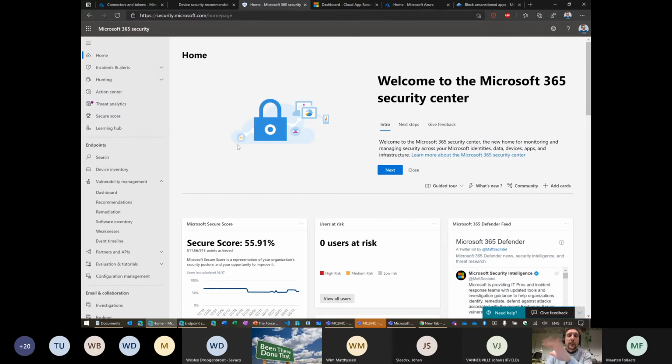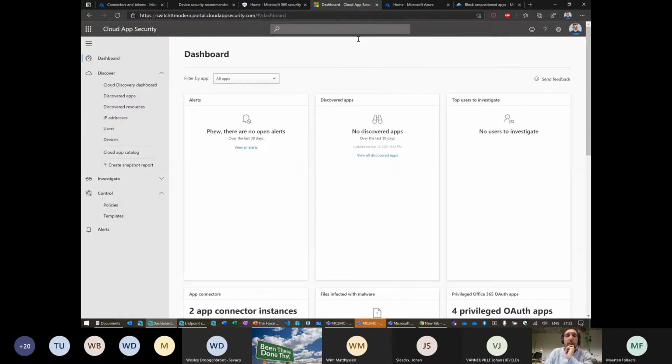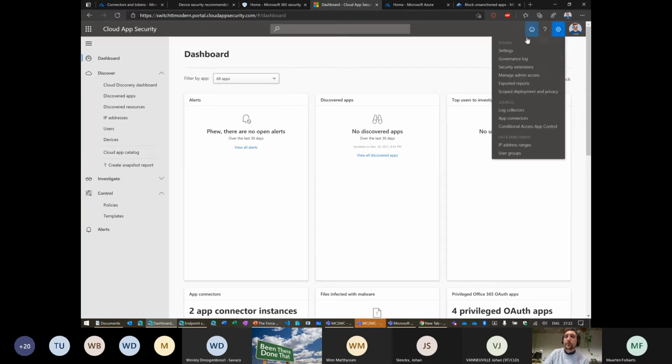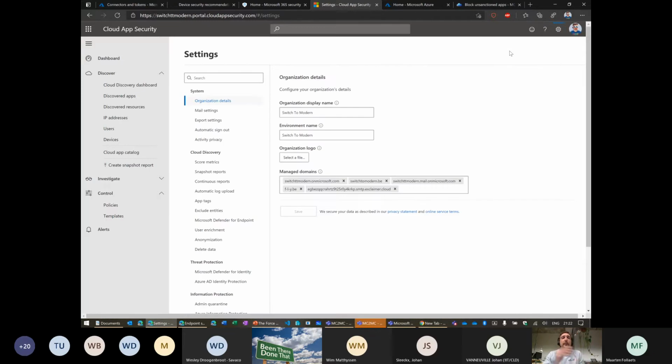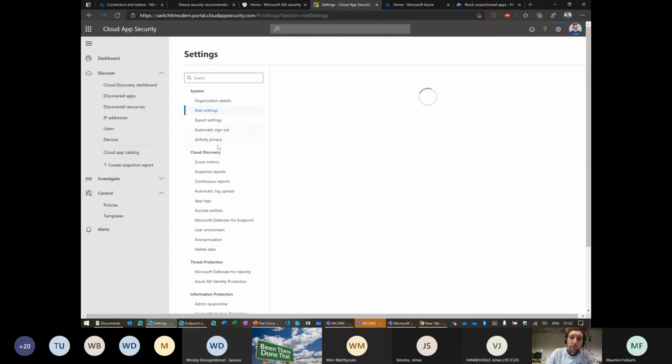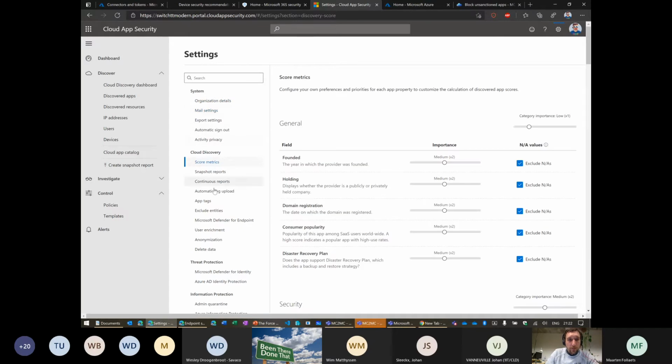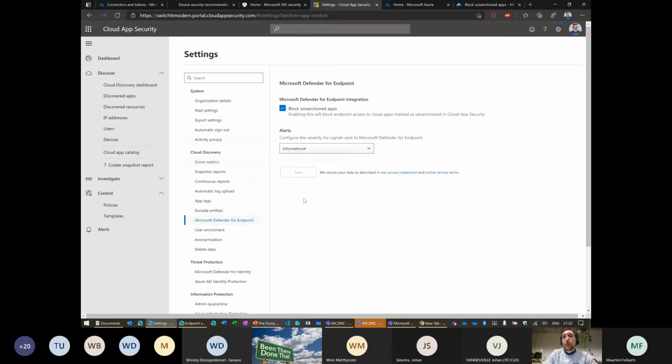So this is a new dashboard, like I said, where it integrates all. This is Cloud App Security, the dashboard. First thing here that I'm going to show you is the same. We're going to go to the settings. And it's the same here. So if we go over all these settings in an empty tenant, not everything will be connected. So the first thing that you're going to do is dive into the settings, go over them. I'm going to like Defender for Endpoint.